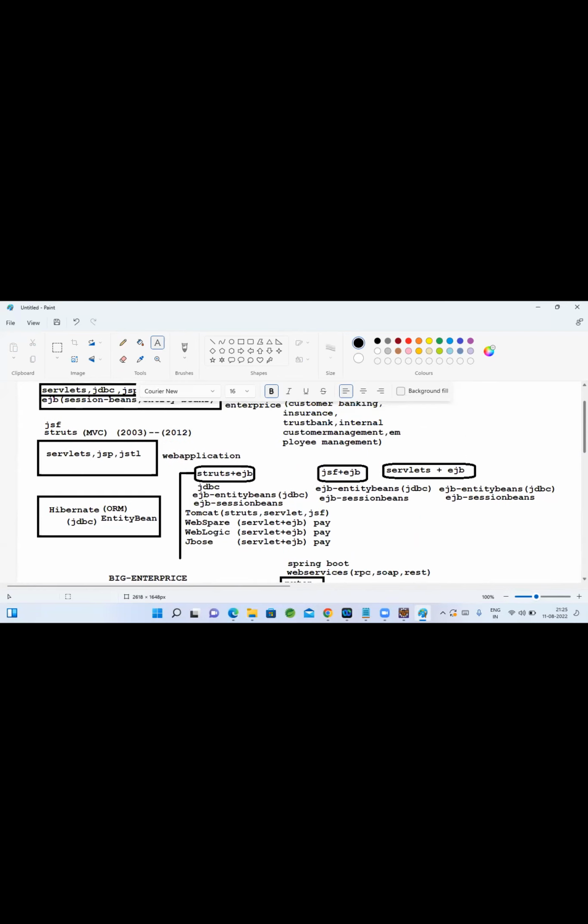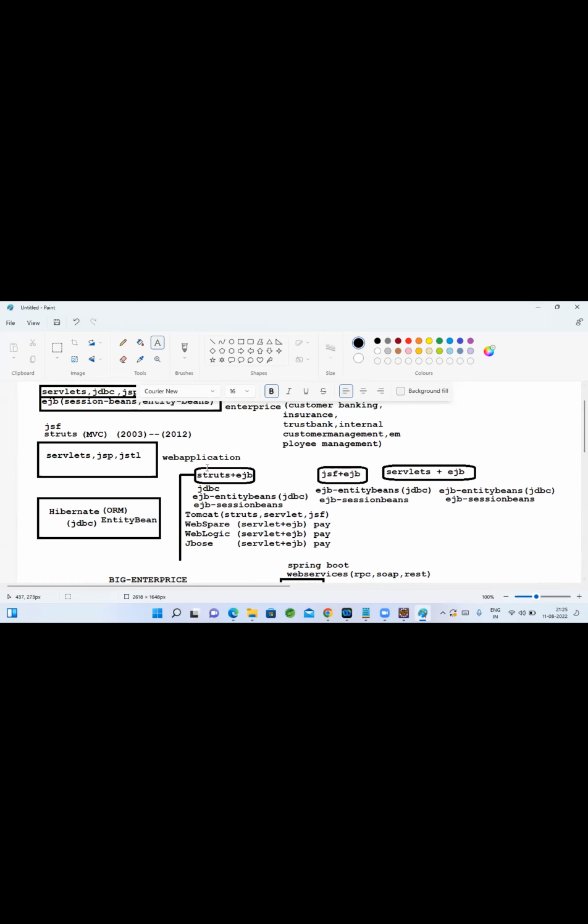And what about the Spring Framework? Spring also is a kind of Struts-based framework, but it has many features. They made application development easy and reusable. The components we can design in a reusable way, that beautiful concept they have given. So using Spring MVC also you can do this job.